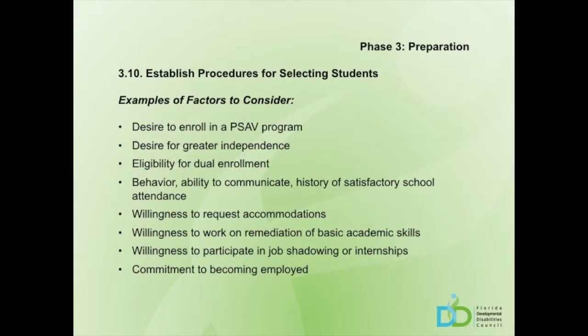Each institution will develop its own student selection criteria. While it is important to establish a good fit between the supports that will be available and the needs of the student applicants, the goal is to promote inclusion to the greatest extent possible. Programs may want to consider factors such as the student's desire to enroll in a PSAV program, the student's desire for greater independence, the student's eligibility for dual enrollment if that is in the funding model in use, the student's behavior, ability to communicate, and history of satisfactory school attendance, the student's willingness to request accommodations, the student's willingness to work on remediation of basic academic skills, the student's willingness to participate in job shadowing or internships, and the student's